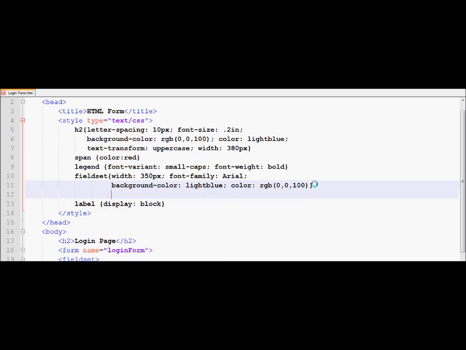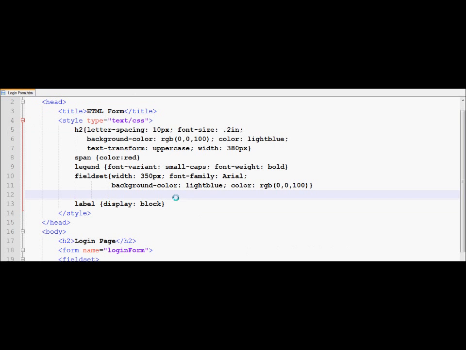So after making these changes to the CSS properties, this is what I will get as a result. As you can see, it has given a background color to the form and has made login form, which is the legend, appear also in blue color, and everything else is also in blue color,